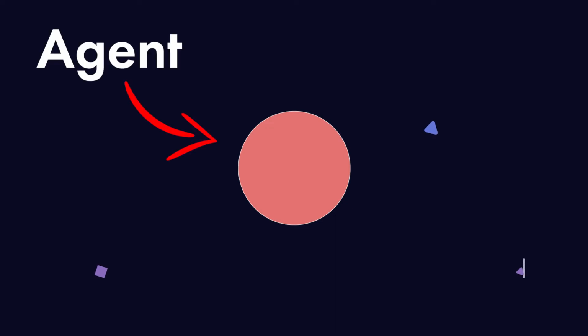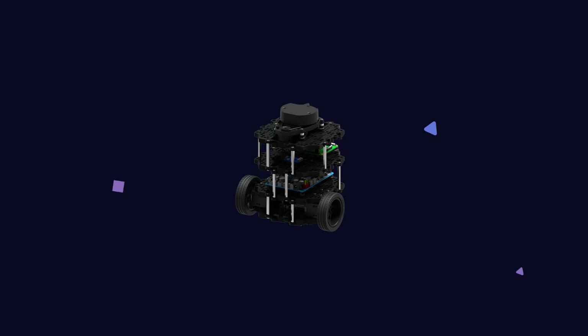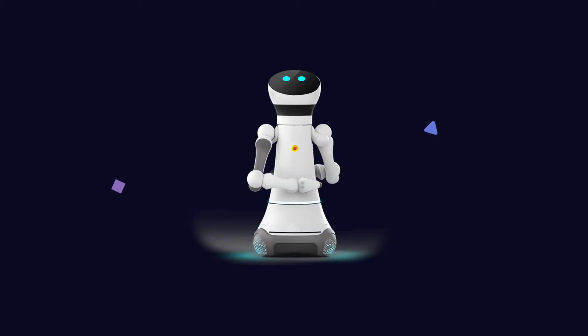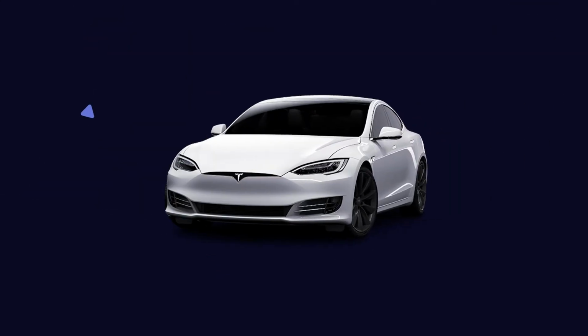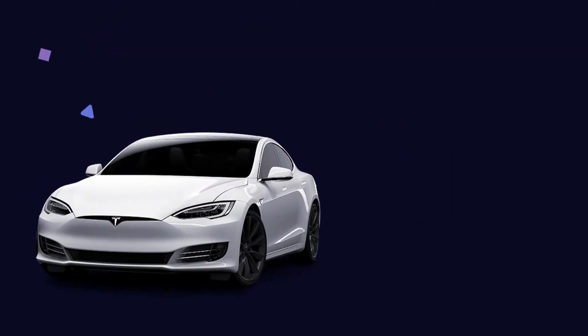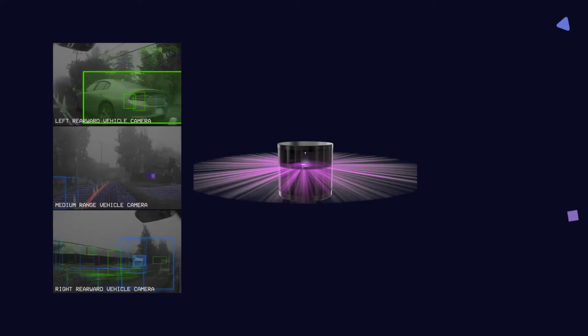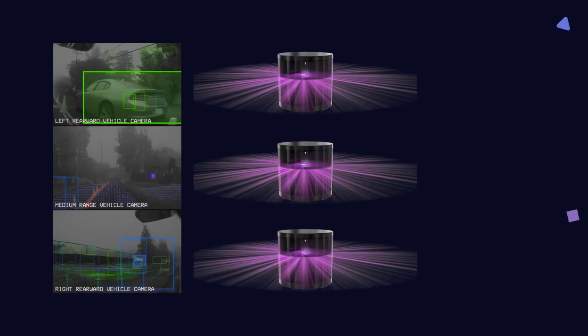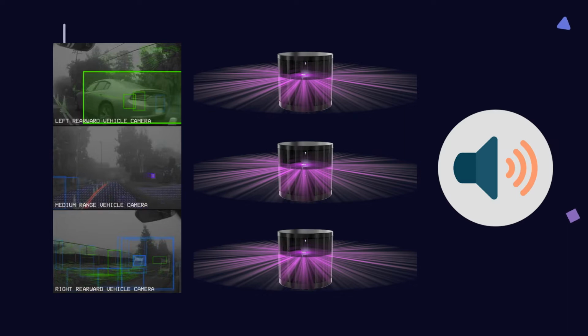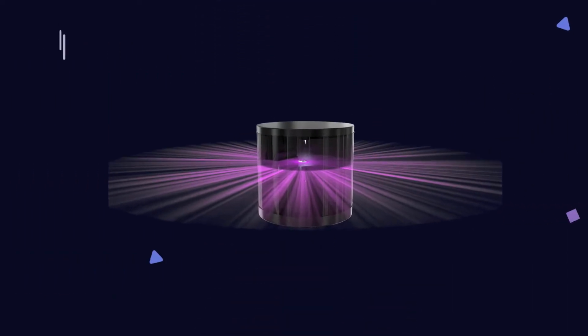We have our actor, which in literature is referred to as an agent. This little guy can be anything from a little robot that can pretty much only drive around, over to bigger ones that have a face and arms, to our favorite car that can transport humans safely through traffic. This agent, in a sense, has some sort of vision, be it an actual camera or multiple cameras, one or multiple LiDAR sensors, or even sound. Since with my project we pretty much only work with LiDAR and it's the easiest method, we'll stick to that